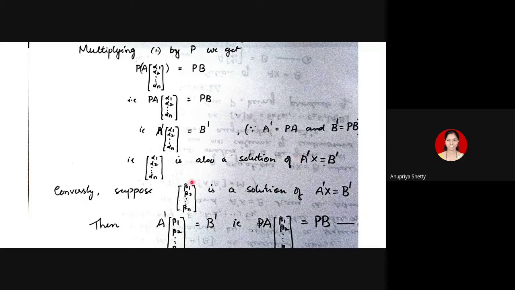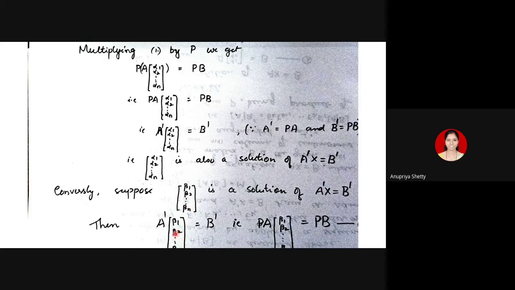Okay, so let this column, I've simply called the entries as beta 1, beta 2, beta n. Let this column be a solution of A dash x equal to B dash. As usual. So what do you mean by this is a solution? In the place of x, if I take this column, A dash into beta 1, beta 2, etc. beta n, that satisfies the system. So A dash into this column should give us B dash. Only in the place of x, I have substituted this vector just because it is a solution.